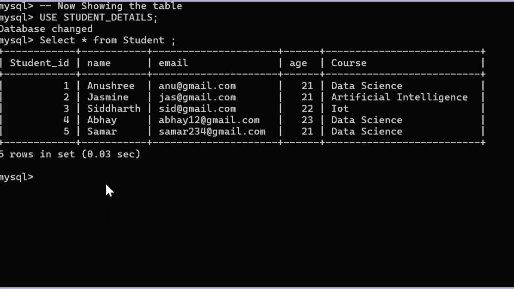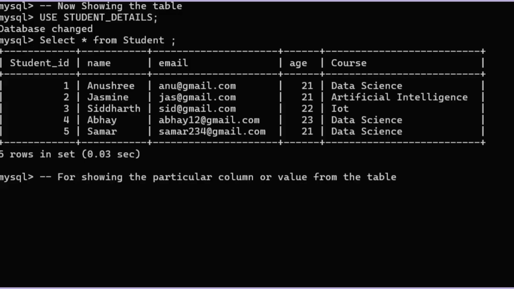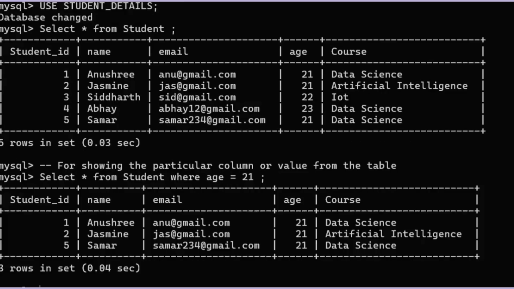And then for showing any particular value from that table, we need to write a query as select asterisk from student where age equals 21 and it gives us all the columns and rows within the age 21.